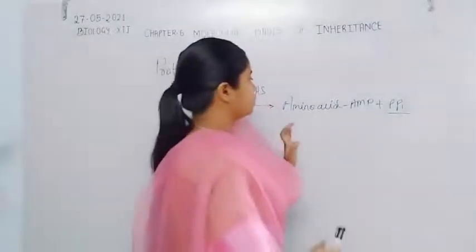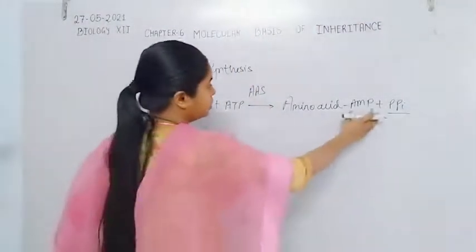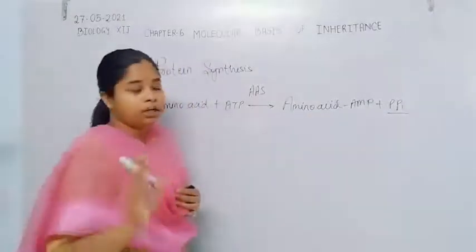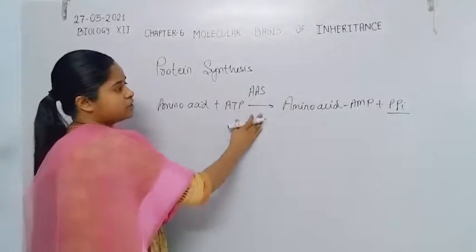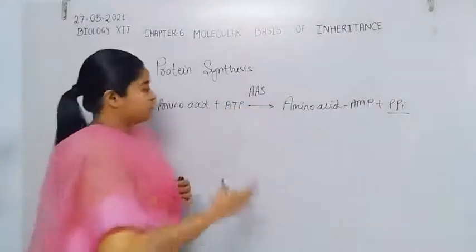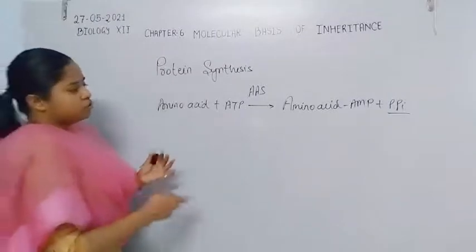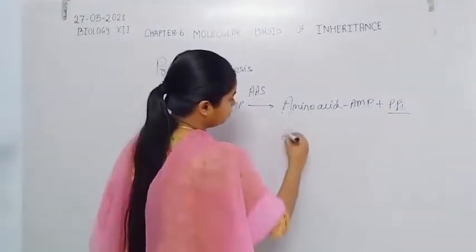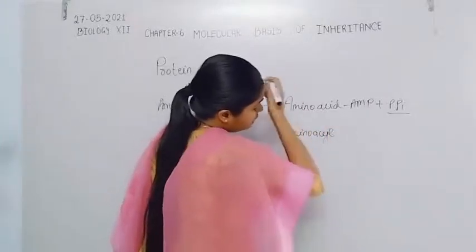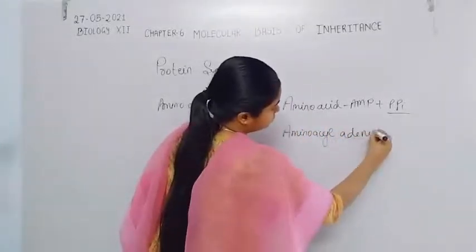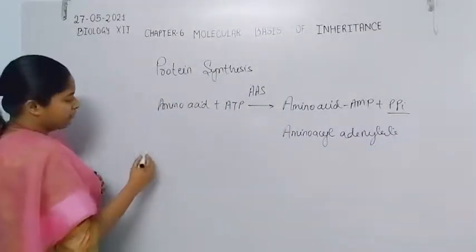Inorganic phosphate is released, and amino acid AMP is formed in the presence of the enzyme amino acyl synthetase, activated by ATP. This is also known as amino acyl adenylate. Now amino acyl adenylate binds with